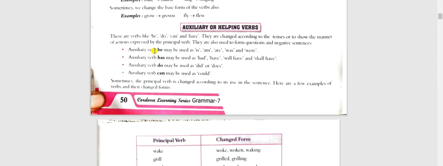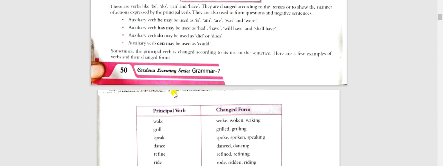बेटा, वर्ब भी एक कैटेगरी है जिसमें इज, एम, आर, वॉज, वर आता है। वर्ब हैज भी एक कैटेगरी है, जिसे आपने सुना होगा वर्ब टू बी। कौन कौन से वर्ब्स हैं? इज, एम, आर, वॉज, वर। उसी तरीके से वर्ब हैज भी एक कैटेगरी है। वर्ब हैज के कितने फॉर्म होते हैं? हैज खुद, देन हैड, देन हैव, फिर विल हैव भी आ जाएगा, शैल हैव भी आ जाएगा।